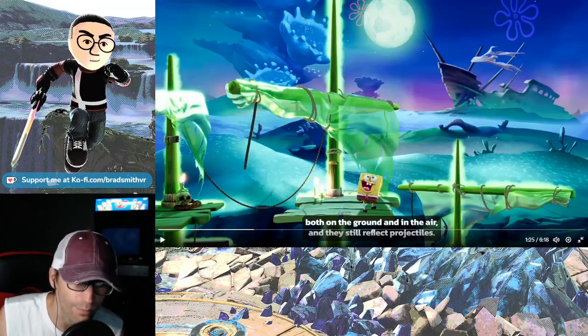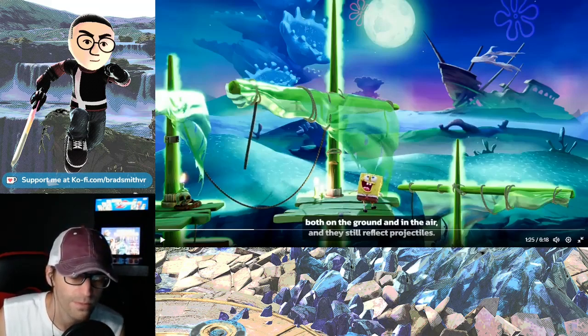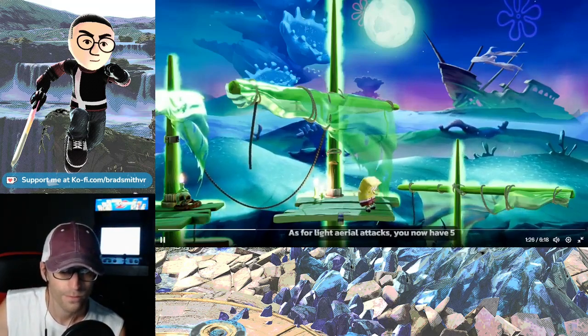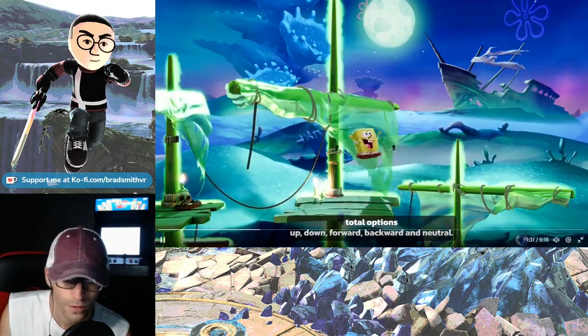Again, they've moved it back to play more like Smash. I think that will help the game. I think that will be a benefit to them. Reflect projectiles. As for light aerial attacks, you now have 5 total options: up, down, forward,